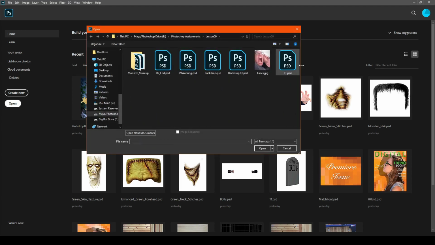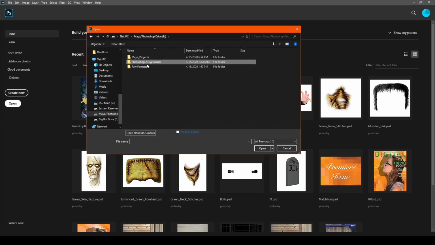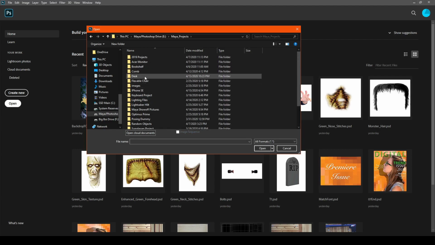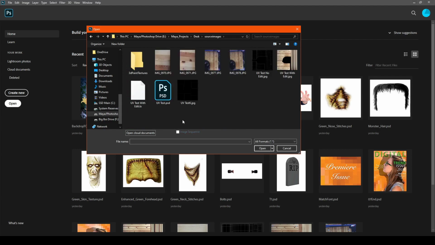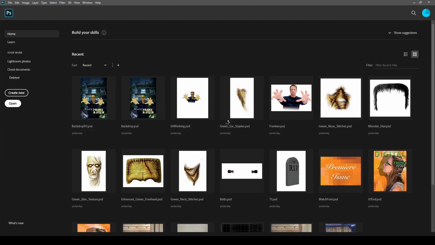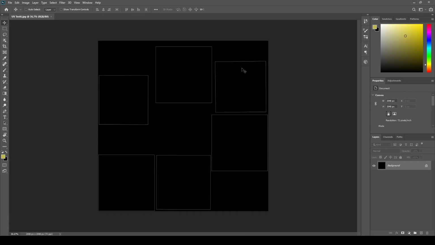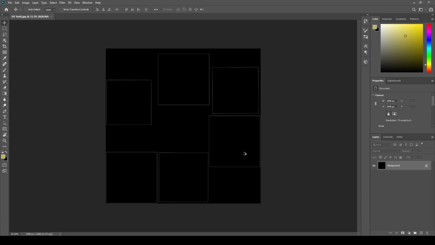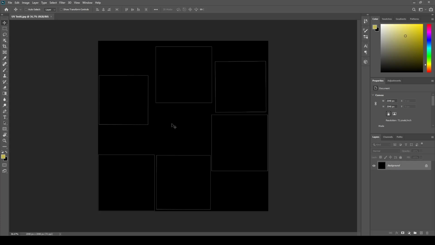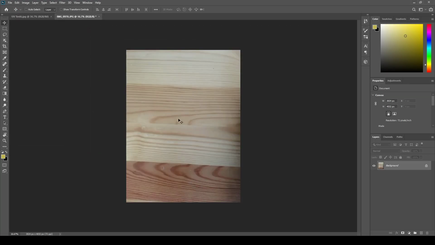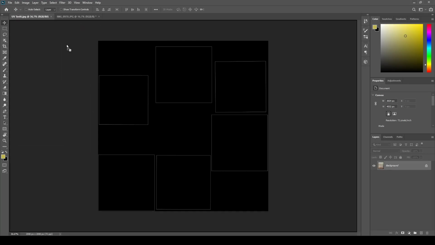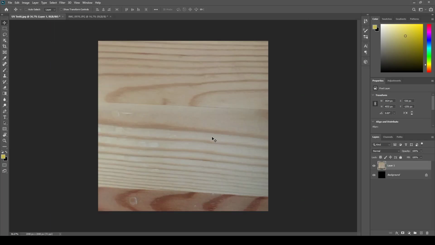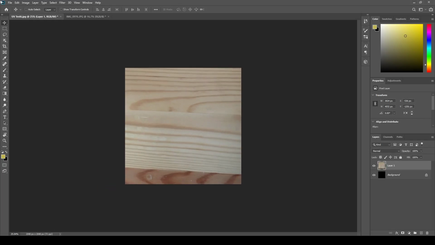So what we're going to do is we're going to go open. That's another project for school. We're going to go desk, source images, and here we're going to open this up. So this is our actual UV. And so if I wanted to be really specific, I would get images for all of these boxes, or what you can do, just be really lazy with it, you can literally just